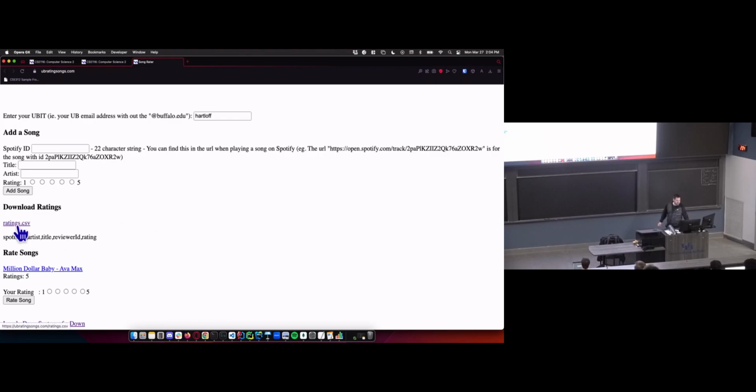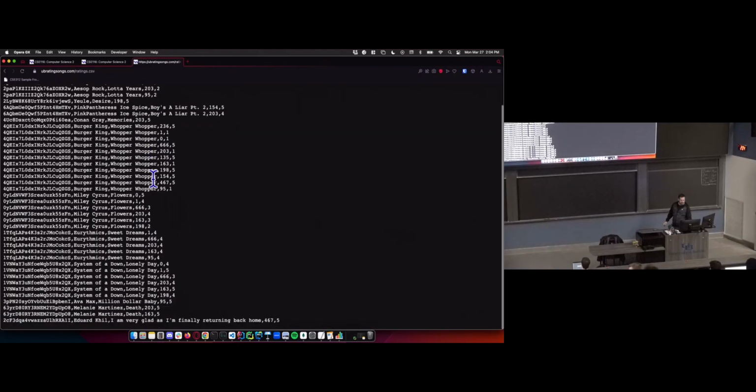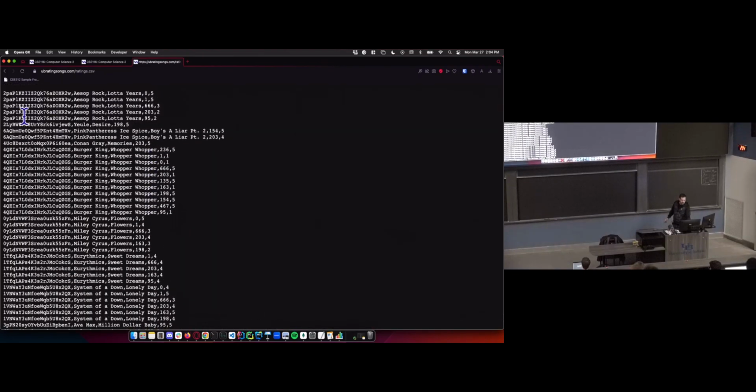And then there's this ratings.csv, which is going to give you all of the ratings with the ID, the song ID, the artist, the title, the reviewer ID, which happen to be numbers in the app, but because I don't want to leak UBITs, it will be represented as a string in your code.